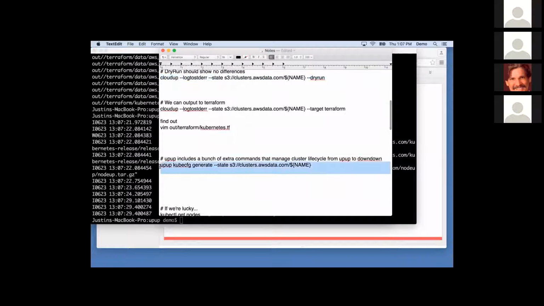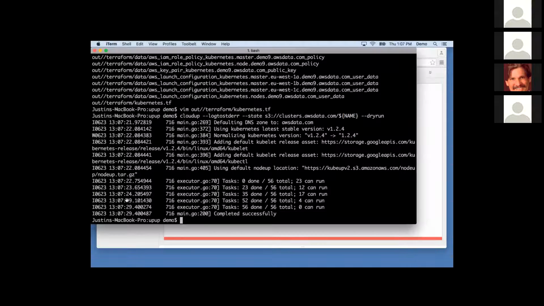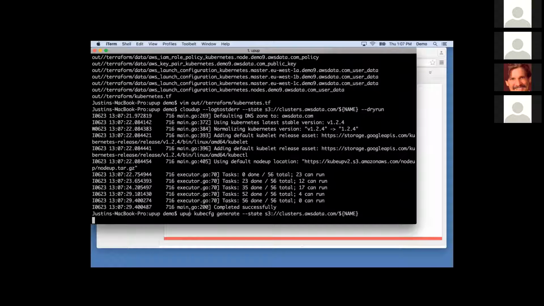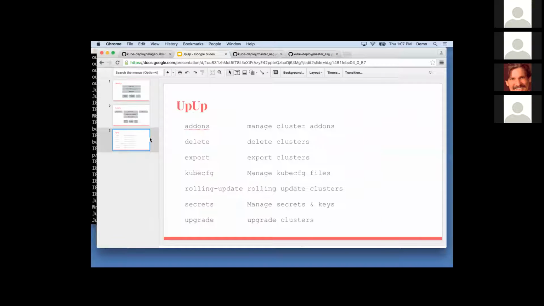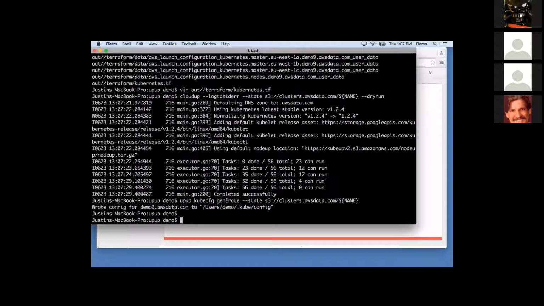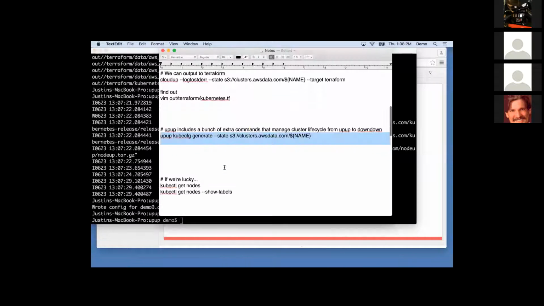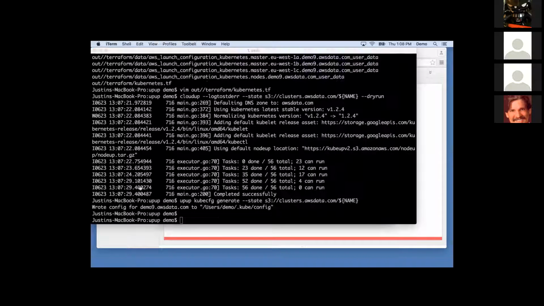We can also generate a kube config file. There's this other command called UpUp, which is really a grab bag of other lifecycle management tools: add-ons, delete a cluster, export a cluster, that's for upgrades, kube config is managing your kube config, doing a rolling update of clusters when you change the configuration, managing secrets, and upgrading the cluster. So we just generated our kube config file, which means, if we are lucky,